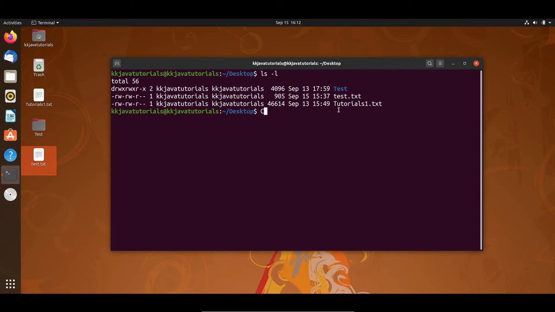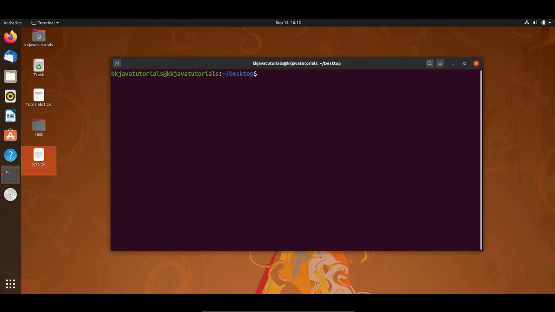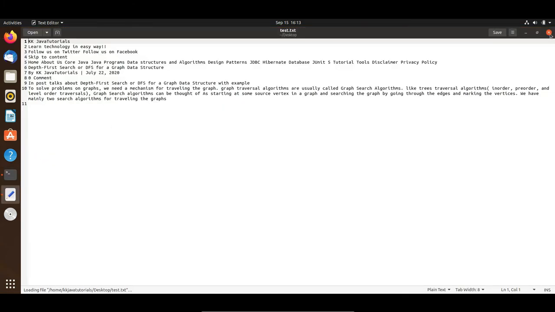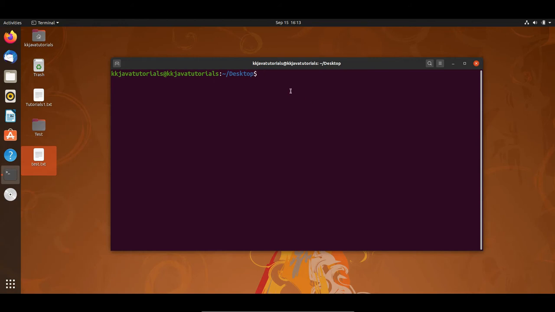I hope you understood. But in this video I'm going to show you how to change the permission of a given file. Just for this demo I'm going to take one file, and there I'm going to show you how to add permission, remove permission, write something like that. So let's say I'm taking the example of this test.txt. If you open this file, it has some content. But let's see what permissions are allowed for the user, group as well as others on this file.